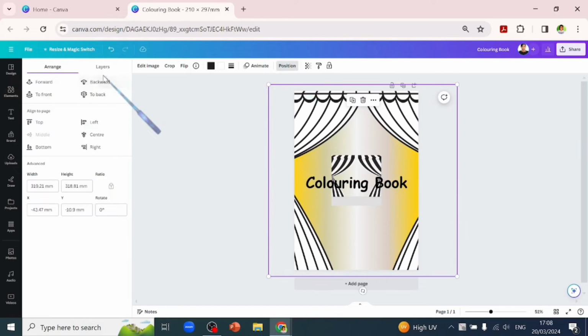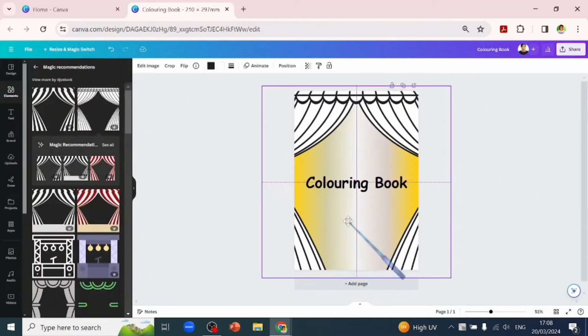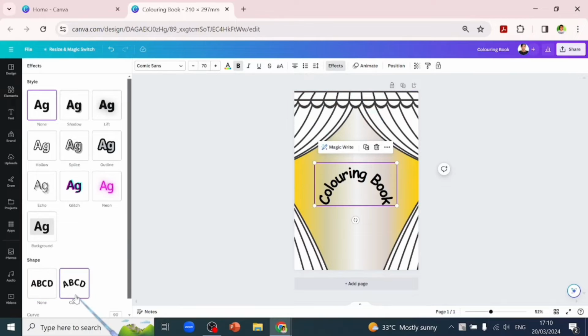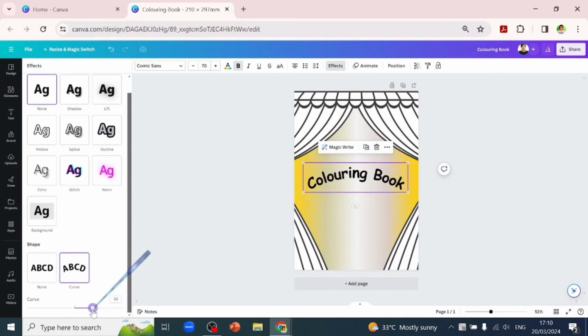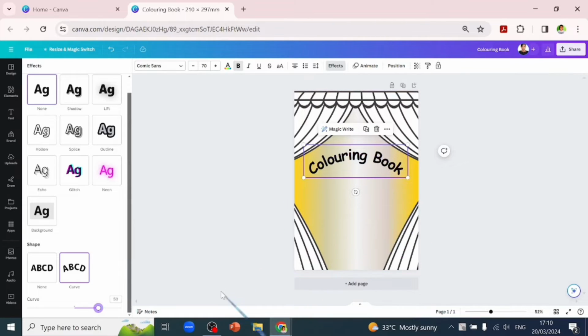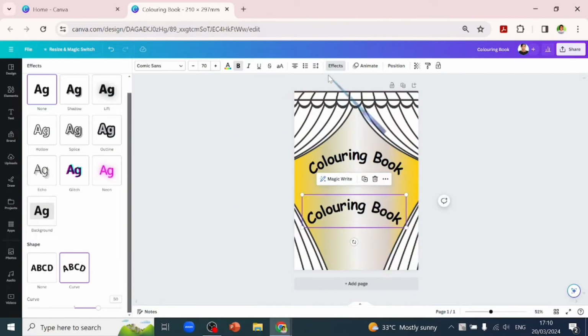We'll click on position and go over to layers to delete the second element. Then we'll click on the text box and go over to effect and click on the shape of our text and make it curve. We'll curve that to our liking and position it to the page where we want it to be. Then we'll duplicate our text box,